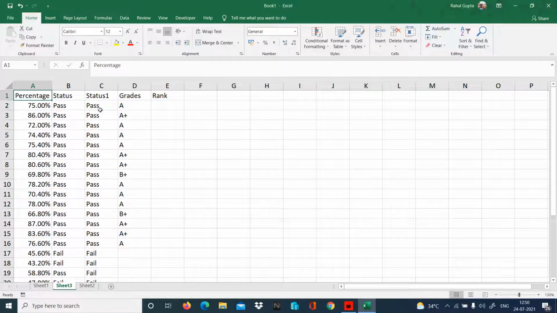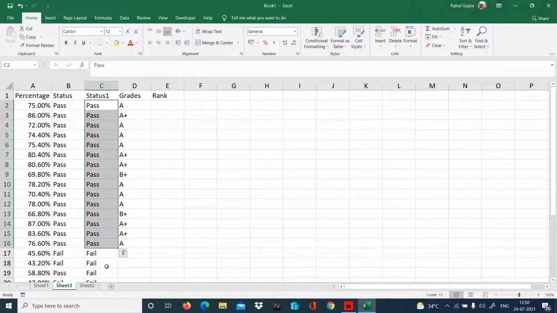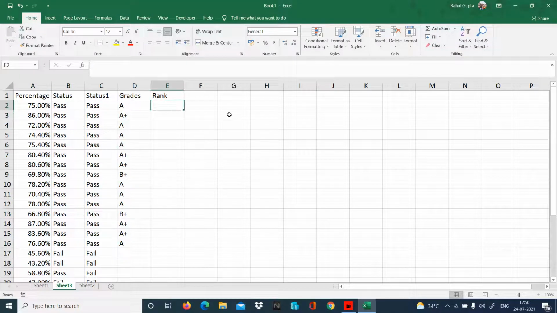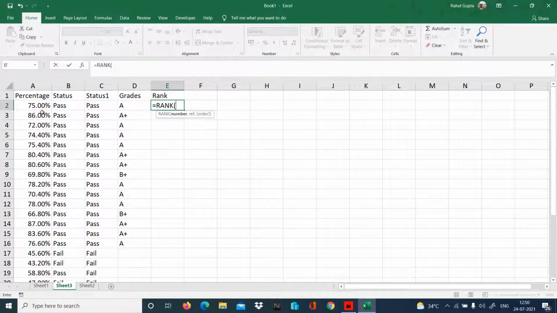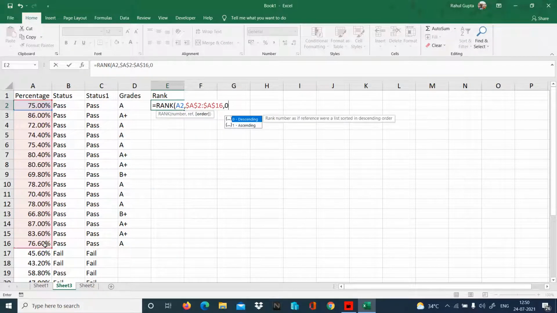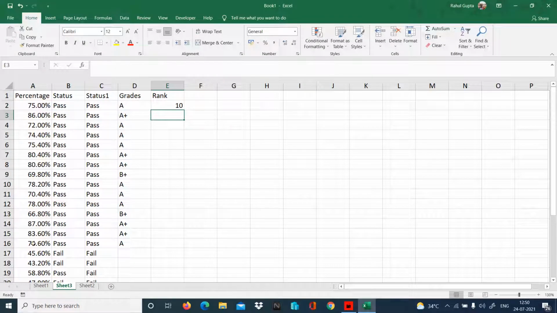Now all pass are at the top and all fail are at the bottom. So let's get the rank of them. Equal to RANK. This is my number, comma. Select the range only till pass. Do not go beyond this. And descending.